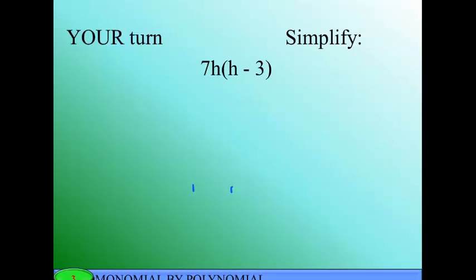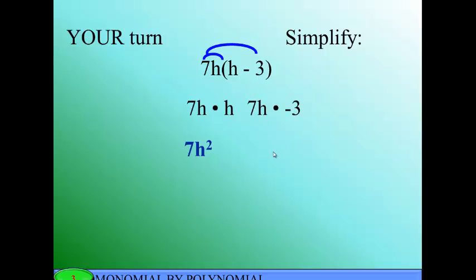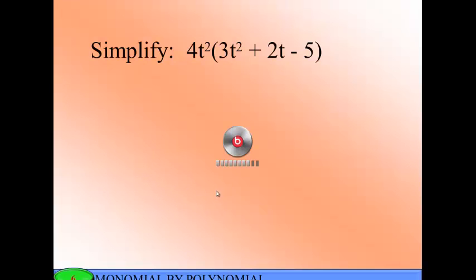Let's have our second example. So again, distribute 7h to our h. 7h times h will give us 7h squared, and 7h times negative 3 will give us negative 21h. Combining these two together, we are going to have 7h squared minus 21h. Let's move on